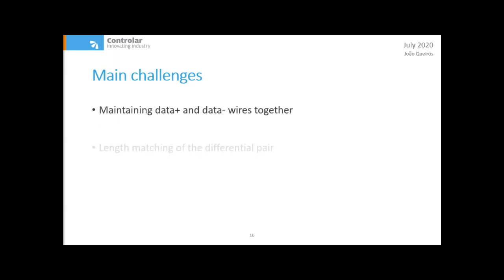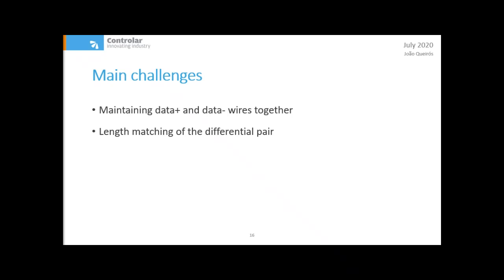Maintaining the pair together and length matching can also be a challenge if the signals must be galvanically isolated from the device under test using mechanical relays. Length matching is also very relevant on the PCBs that may be developed for any specific function. As these interfaces are getting faster, small length differences can severely disrupt the communication to a point where the connection cannot be established. Sources of high electromagnetic noise also may impact the signal negatively.